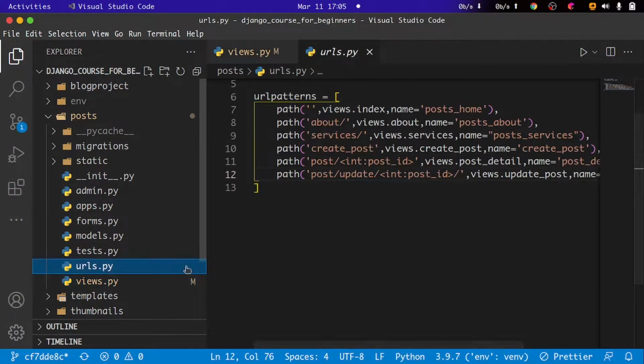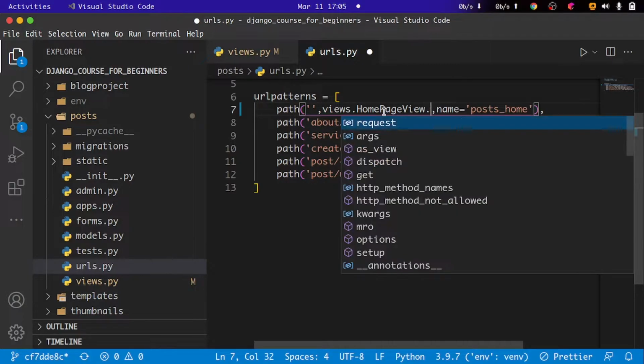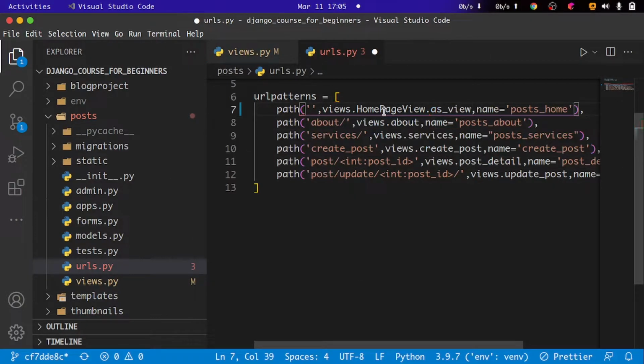which is our post app, and then I'm going to basically change our view function. So I'll come right here on our index, and then specify that this is actually going to be our home page view. But since it's going to be an object, we need to call the as_view class method that is on each of the view classes that we have. So in this case, what I'm going to do is to say .as_view, and right after doing this it is actually going to return our home page view as a function that will take in any number of arguments,